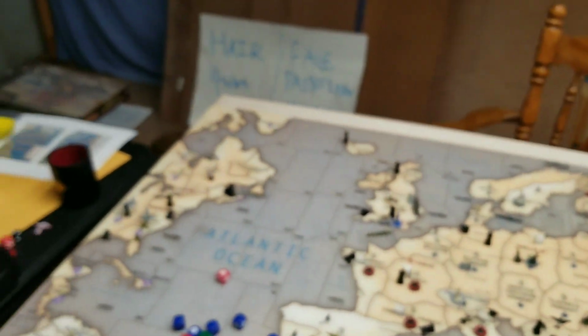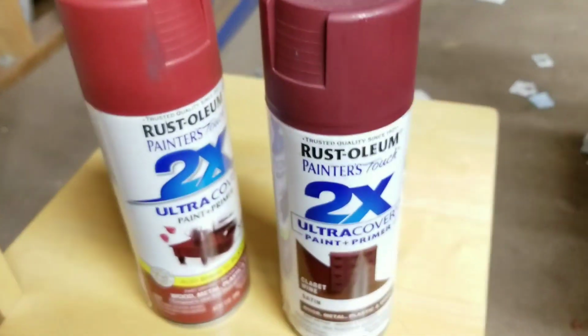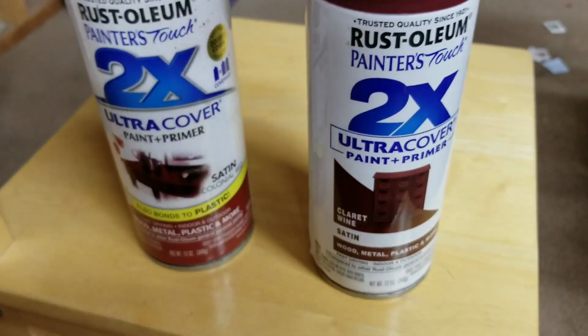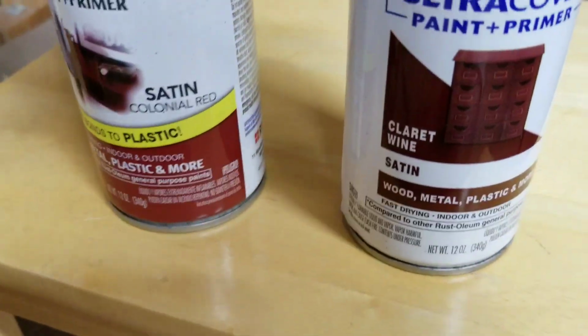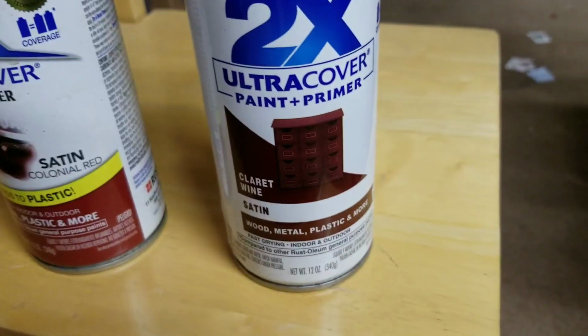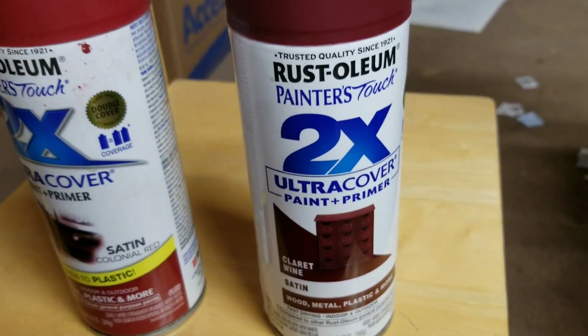Let me just show you some of, so here's the colors that I used to get the two-tone red. I mean, this is kind of the Sired Blood. This is his colonial red. You know, I used that. And then to get a two-tone, I used this claret wine color. And I really just,